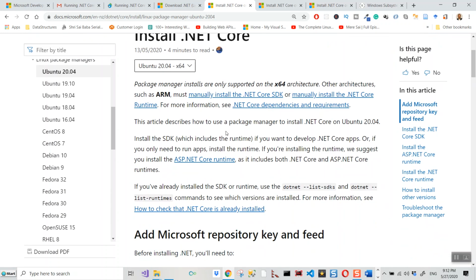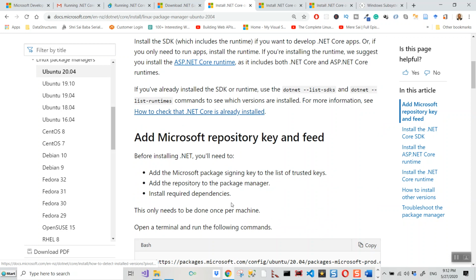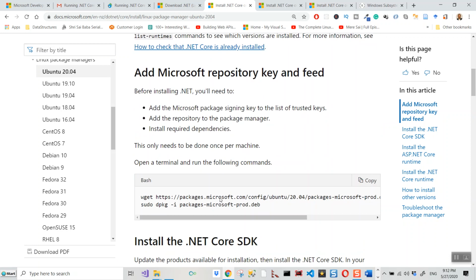Okay, so this is the Ubuntu Package Manager install of .NET Core. Package Manager installs are only supported on the x64 architecture. Other architectures such as ARM must be installed manually. I have got the x64 architecture, so no problem for me. So what I have to do is open the terminal and run the following command. So I will just copy them, and this will